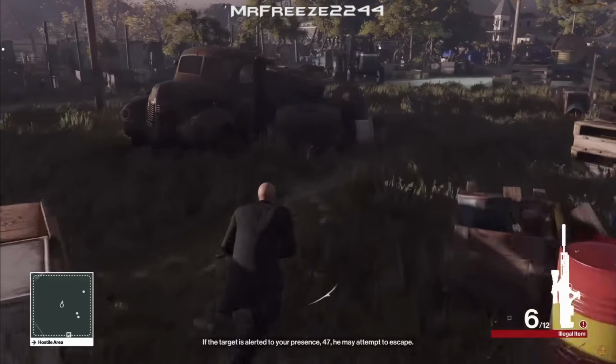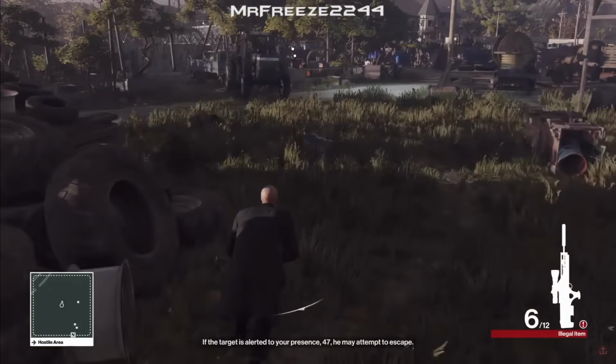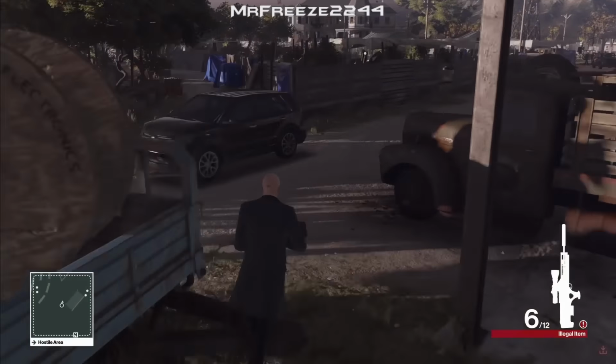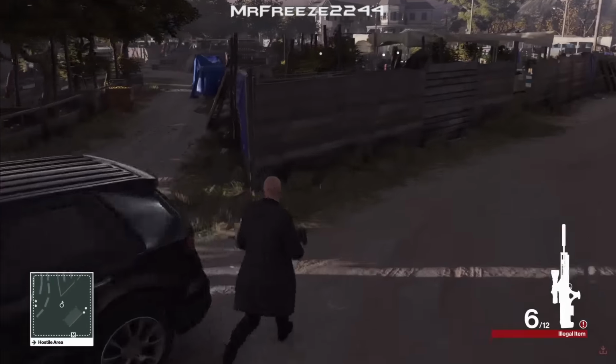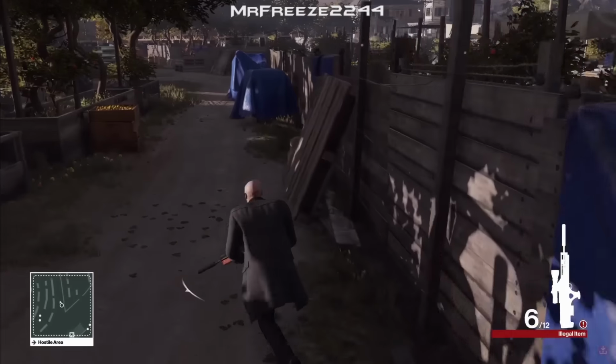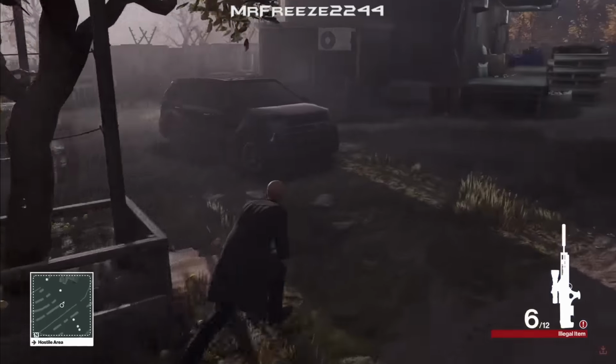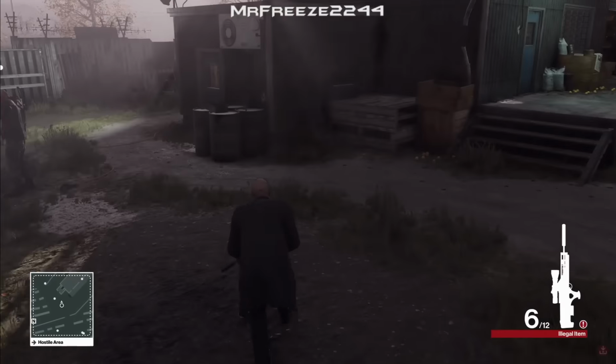Now, I'm not sure if it's possible to take out the target with fiber wire only, but I'm assuming if this was real life, I believe that 47 would snipe the target. It seemed more professional to me than any stupid explosion kill. It's pretty much the only way to kill him to get Silent Assassin rating, which is really sad,